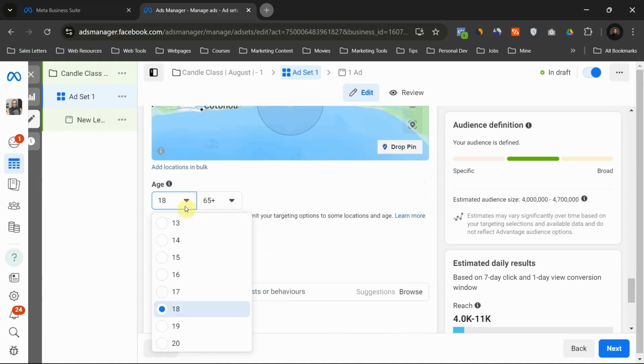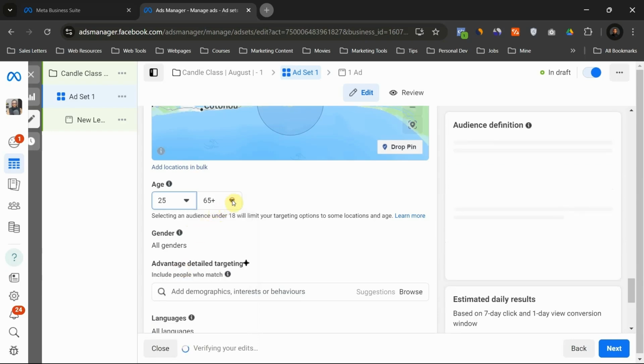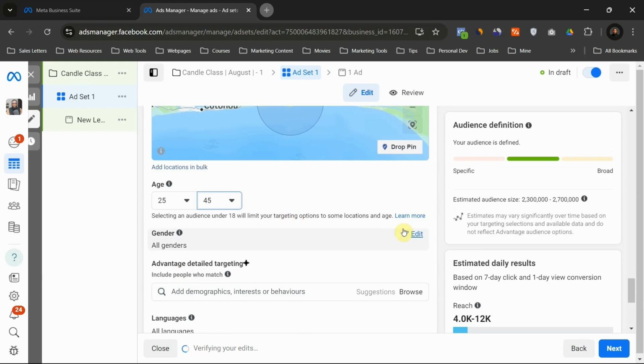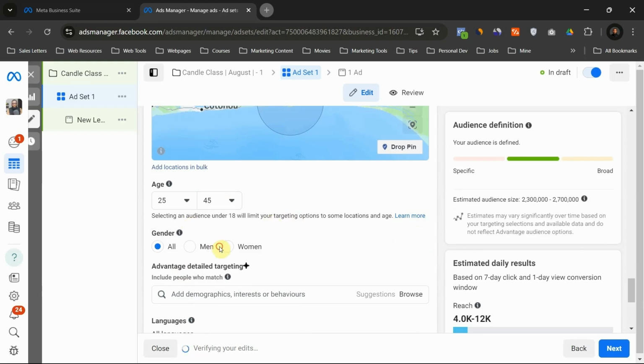She's targeting females, single mothers, or single ladies. So I always start from 25, which I believe anybody from 25 should have money to pay for my class, to 45. Genders, I'm going to come here, select only women.